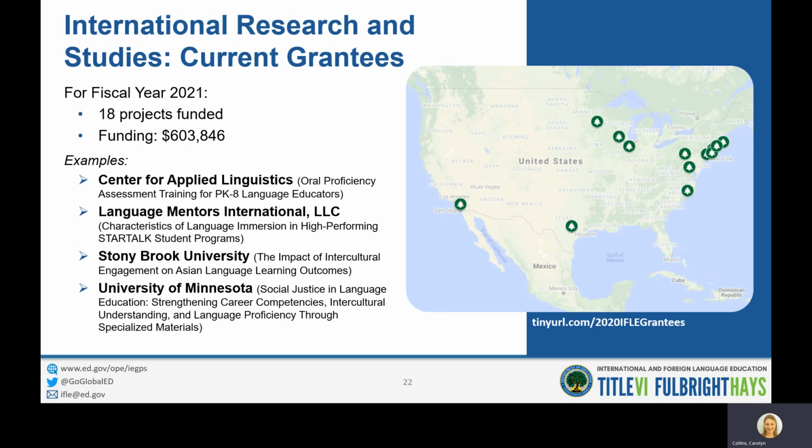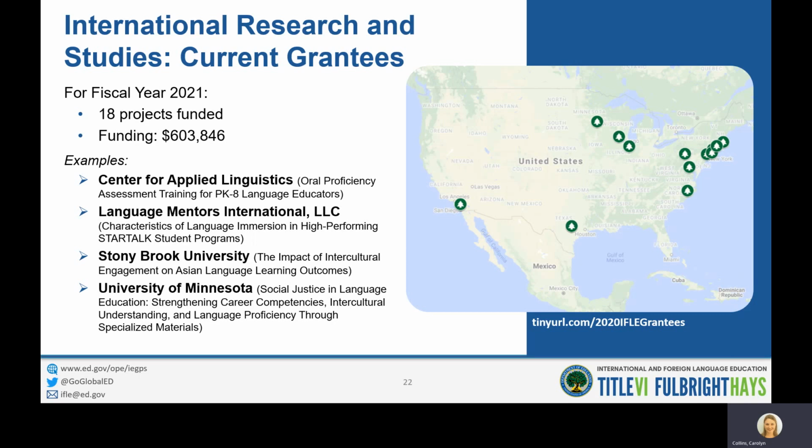We have 18 current IRS projects for fiscal year 2021 that represent $603,846 in funding. IRS grants, as we mentioned on the last page, can either focus on research, studies and surveys, or instructional materials. So here's a list of some of the current projects that are being funded. The Center for Applied Linguistics received a grant to do a project called Oral Proficiency Assessment Training for pre-K through